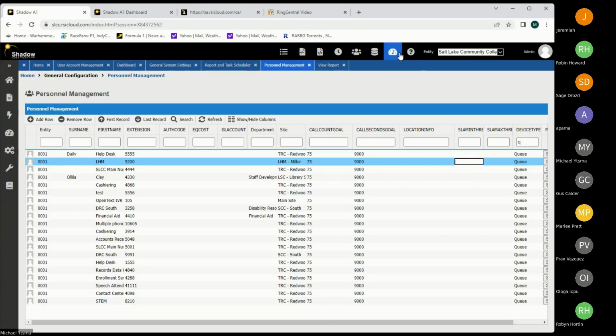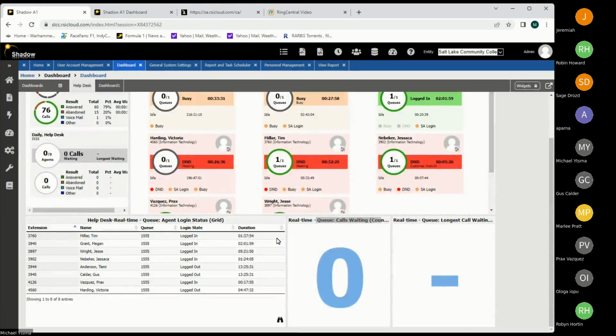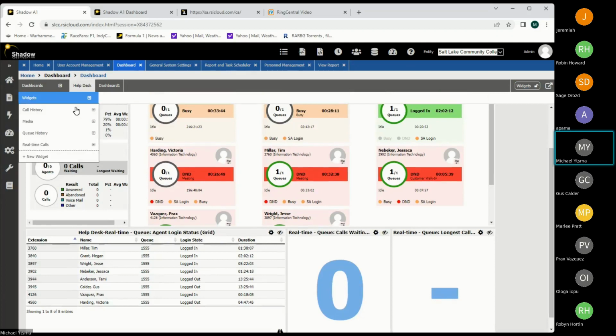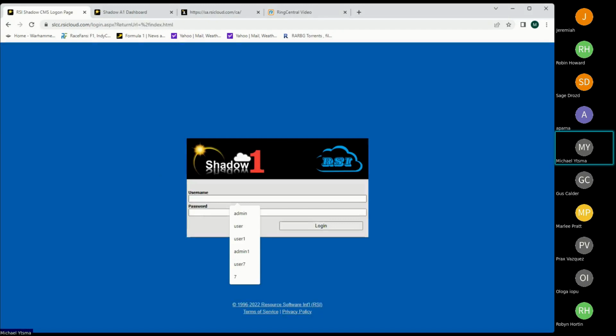Correct. Yeah. So this dashboard right here, every account has their own separate dashboard. So what we're seeing right now is only under the admin account. And if we go under and expand it or unlock the widgets here that you see here, these are only the ones that currently this user account has access to. Like if I were to log out and log back in as that user account that I created,